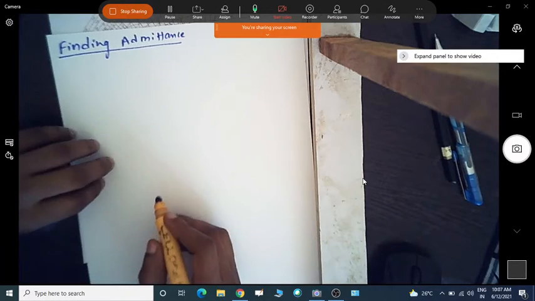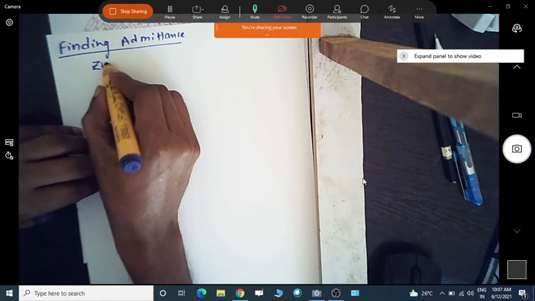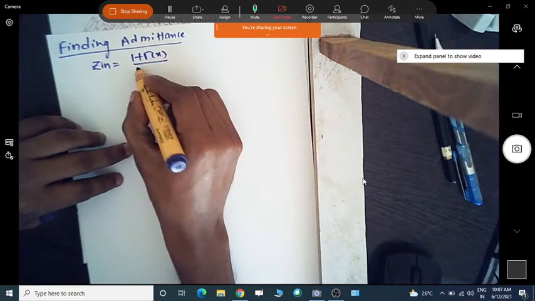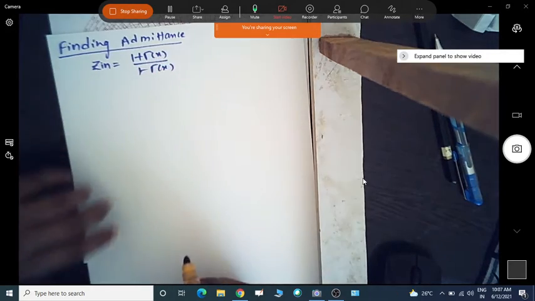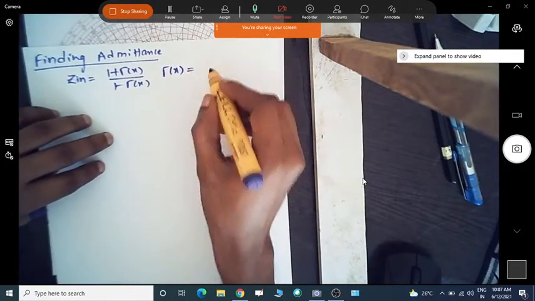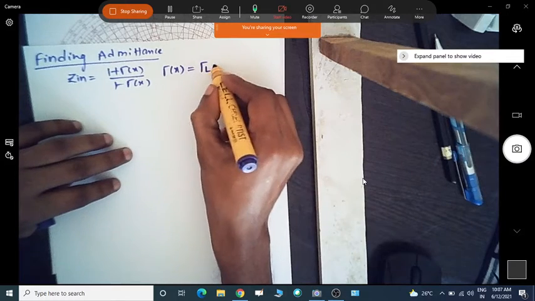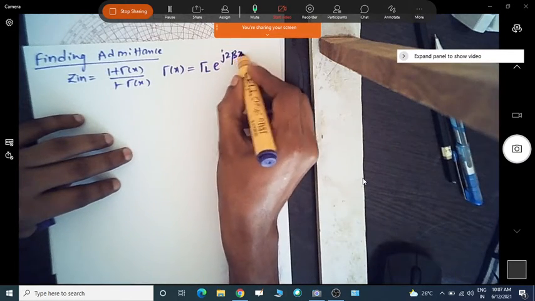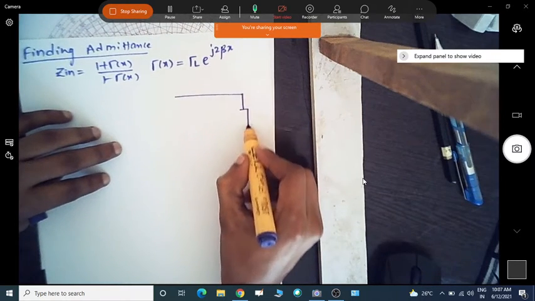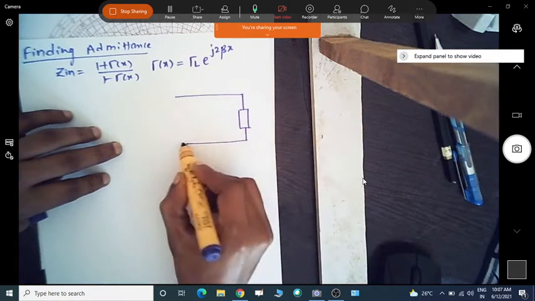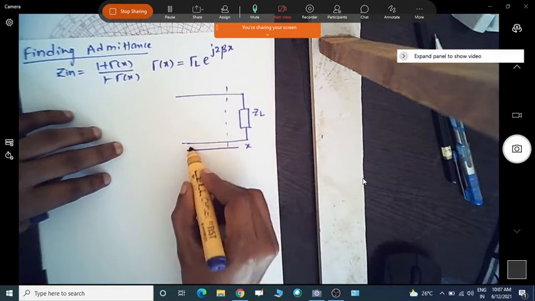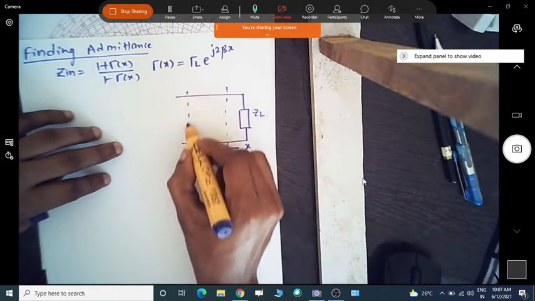Okay, so now we know the impedance equation, that is Zin equal to 1 plus gamma of x divided by 1 minus gamma of x in terms of reflection coefficient, and this gamma of x, which is at any point on the transmission line or two conductor system, is given by gamma L into e power j 2 beta x. So let us assume it is a lossless line. Okay, so where we have the load, so this is your load, and we have the position x which is varying from the load end, where we have the length L.